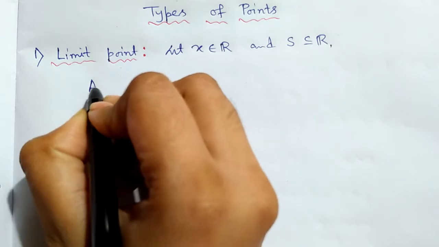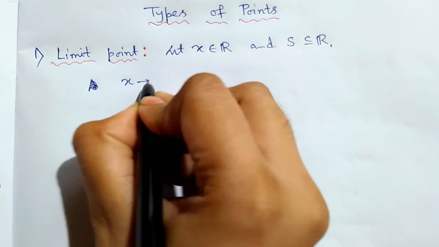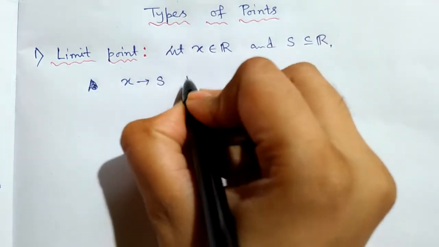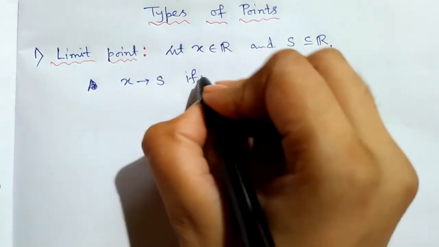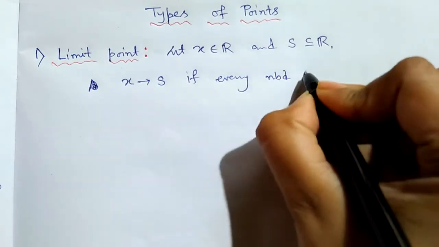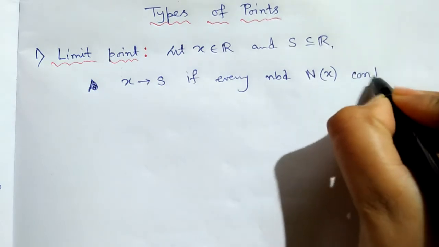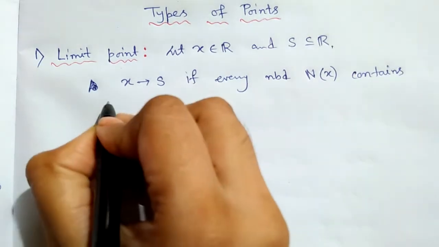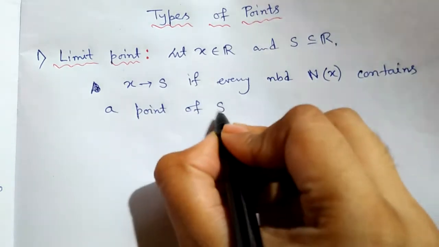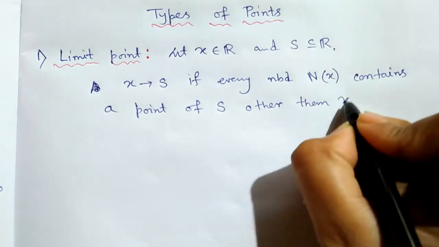A real number x is said to be a limit point of S if every neighborhood N(x) of x contains a point of S other than x,